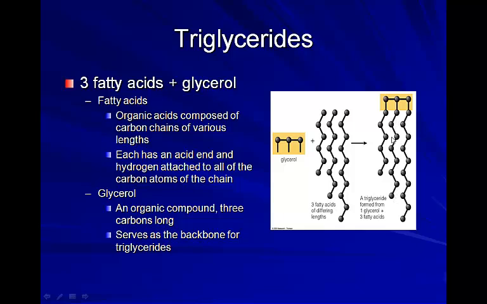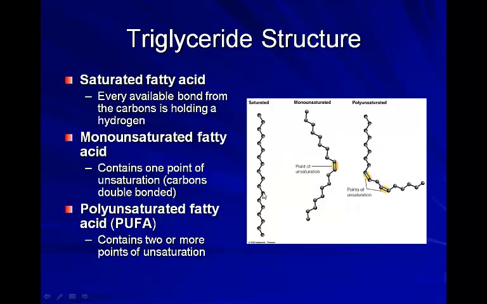So these little tails here are what we call fatty acid tails, and they're just repeating carbon-hydrogen units. So you have carbon, carbon, carbon, carbon, carbon, and it's surrounded by hydrogens. So you see this basic structure for all of your triglycerides. Some of them are different because the lengths of their fatty acids are different, but they all have that same basic structure. This is where we hear about the saturated and the unsaturated; this is where they come in.